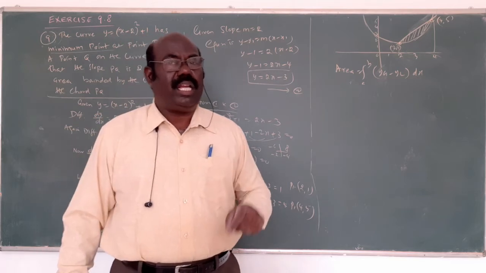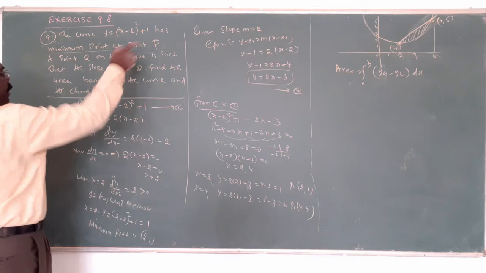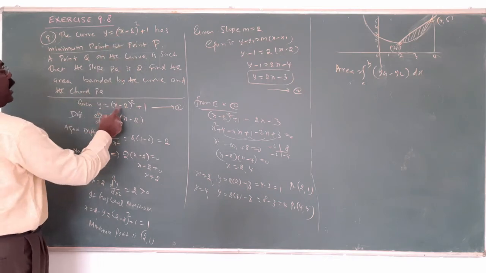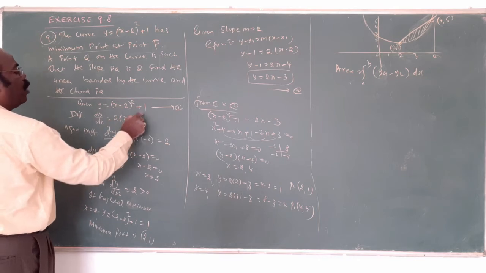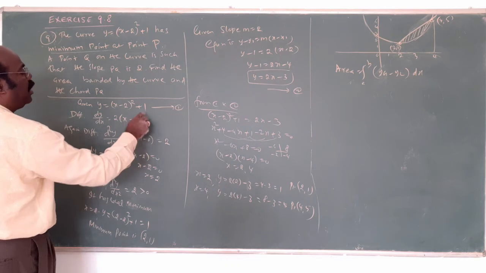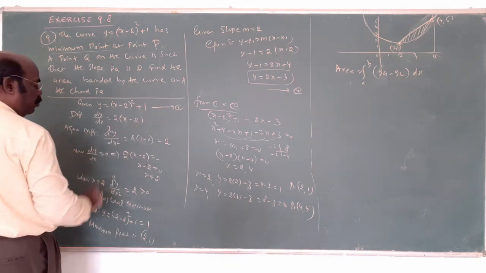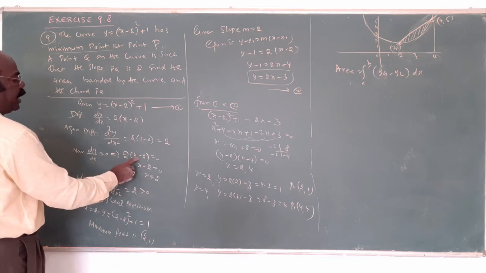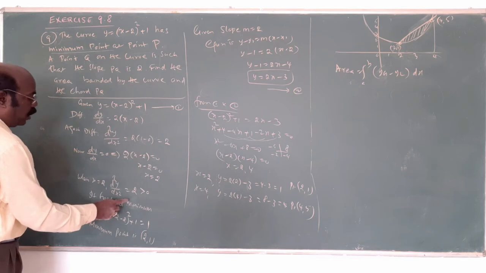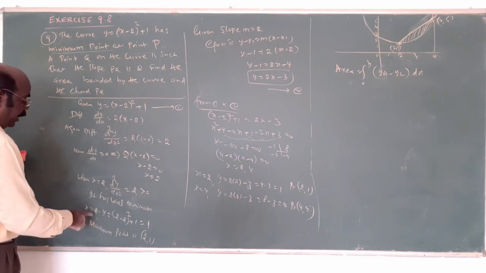What is the x here? You will find it from the first derivative. The minimum point is the local minimum. The given equation, the first derivative: what is the formula? y = (x minus 2) whole square plus 1, so 2 into (x minus 2) to the power 1, and the derivative of x minus 2 is 1, the plus 1 gives 0. So 2 into (x minus 2). The second derivative is 2 into 1, which is 2. The first derivative is equal to 0, so 2 into (x minus 2) equals 0, and x is equal to 2. Substitute in the second derivative, we get the answer 2, which is more than 0. Therefore, it has a local minimum.